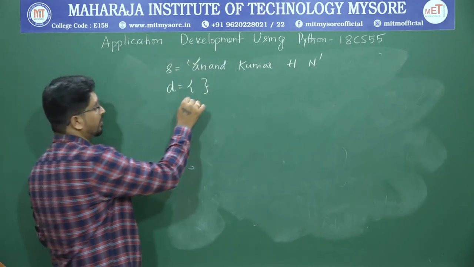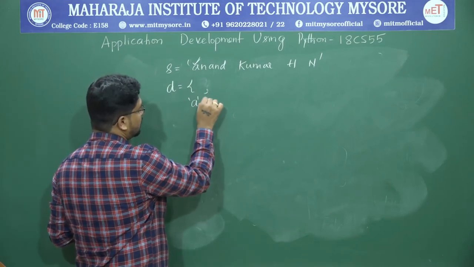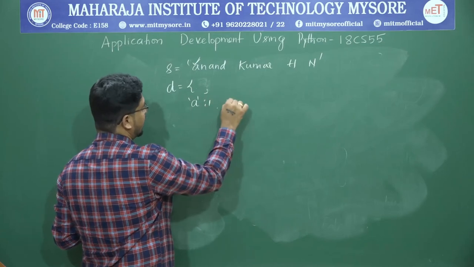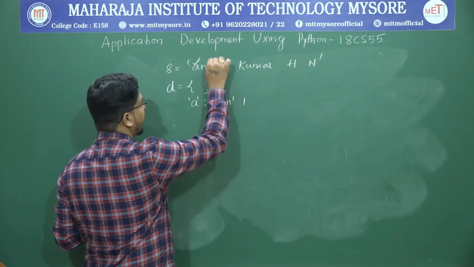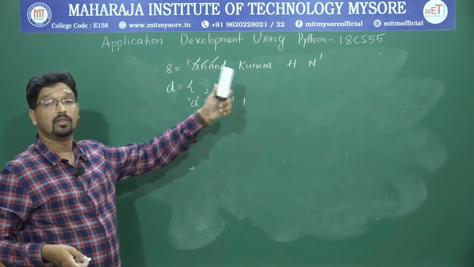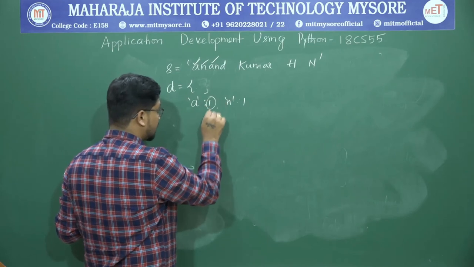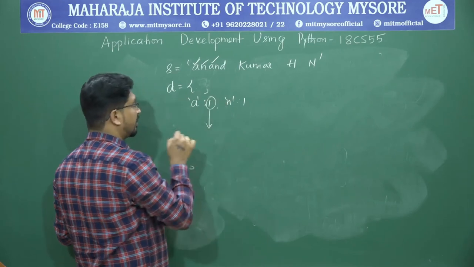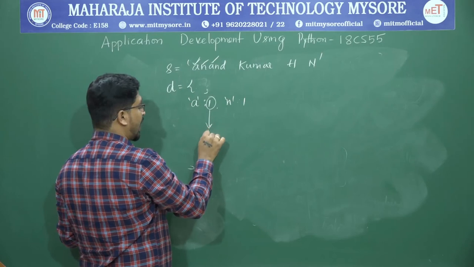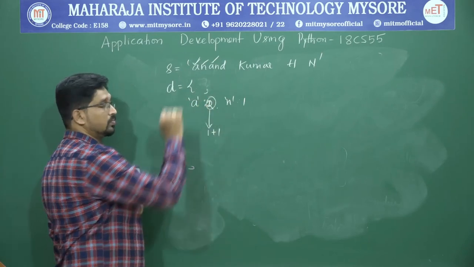Let us say A is 1. First I will access the character, then A is equal to 1. Then I will get N. N is equal to 1. Again I got A. I should not add one more character A. In that time what I should do? I should access what value exists. The value is already 1. When I get one more A, I should add 1 plus 1. That is 2. A becomes 2.